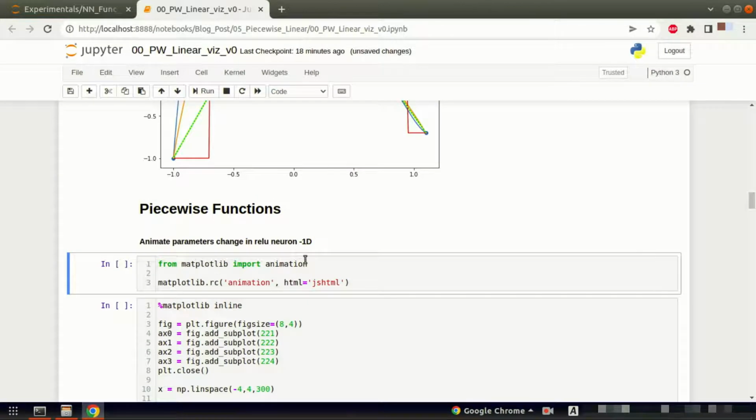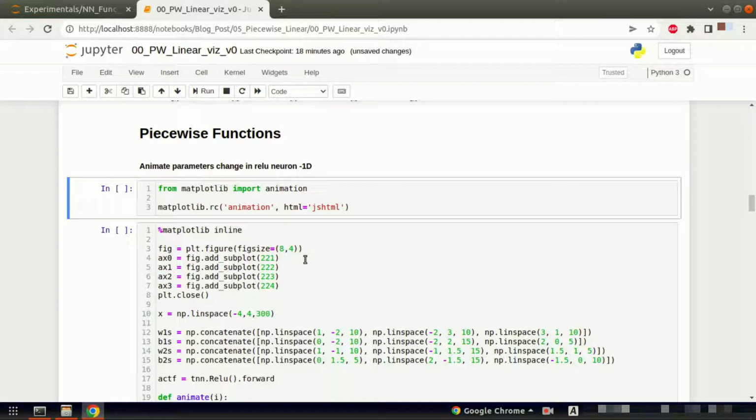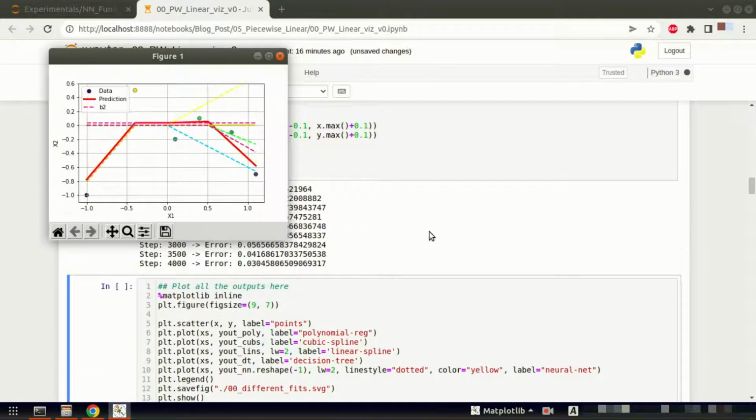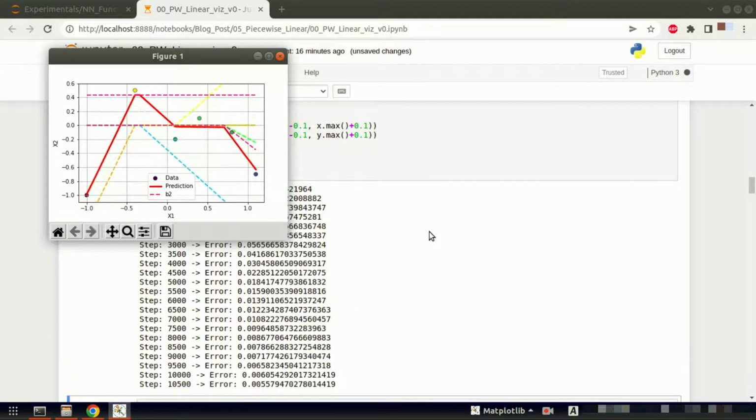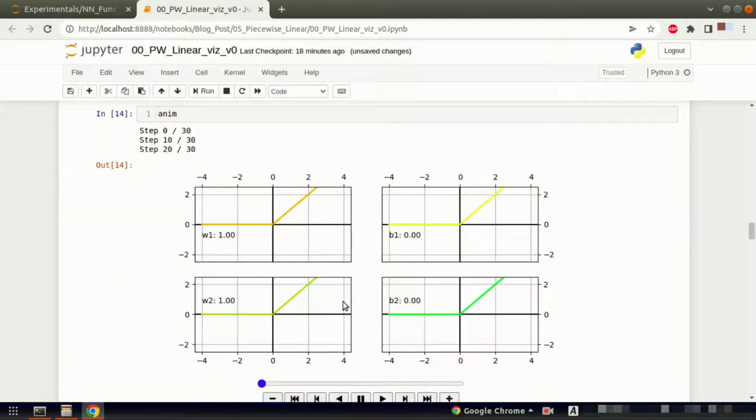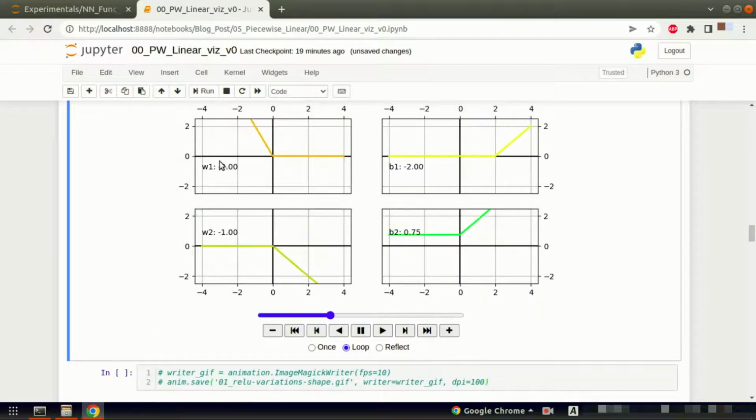So let's get into Piecewise MLP. And before that, let's see how changes in parameter affect the ReLU function. It is of individual neuron and how the parameters affect it. Okay, you can see here that weight first W1 changes the direction of the slope. Either it is in negative x or positive x. The first bias changes the breaking point